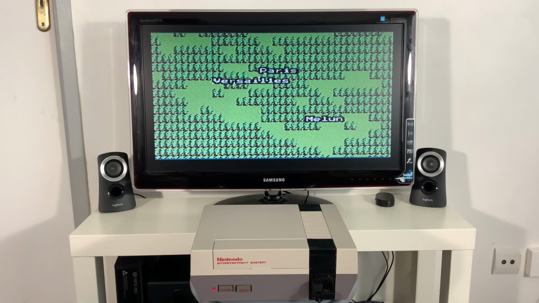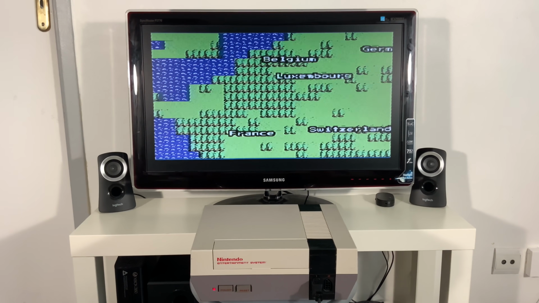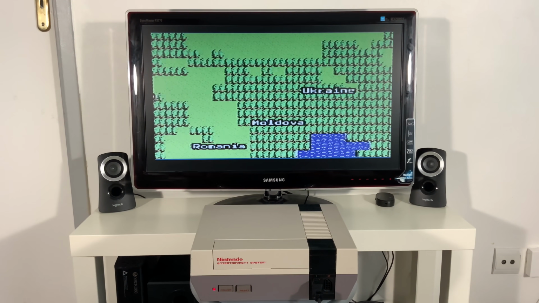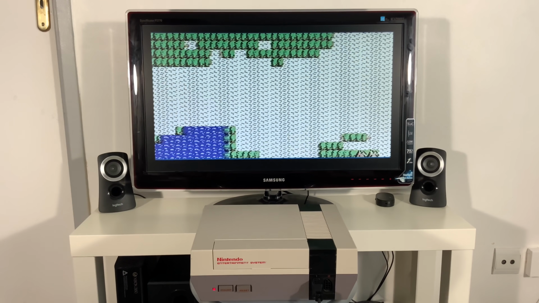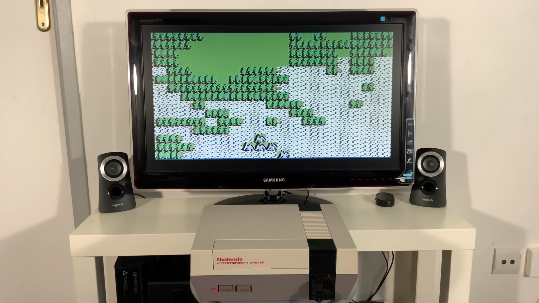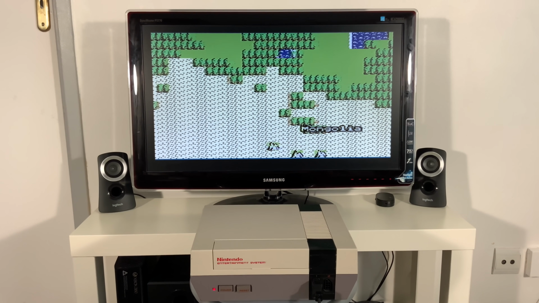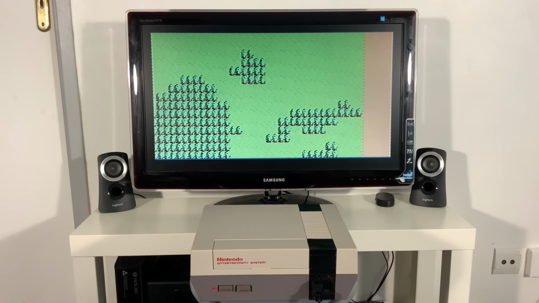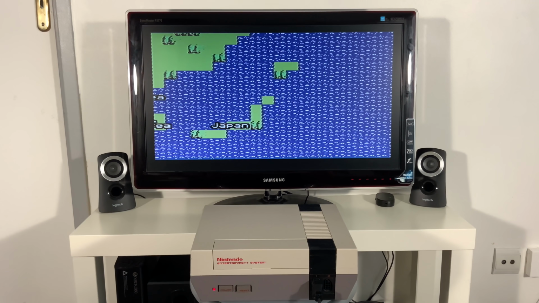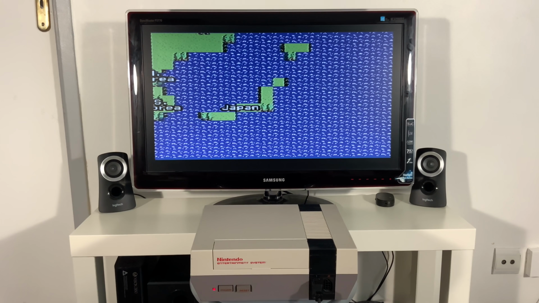To finish up, let's go for a quick adventure to Japan, for example. And we have arrived in Japan.